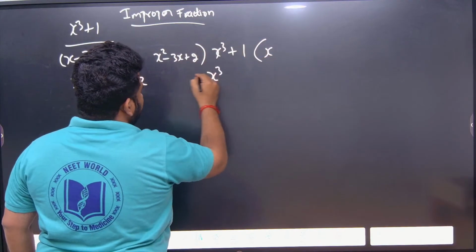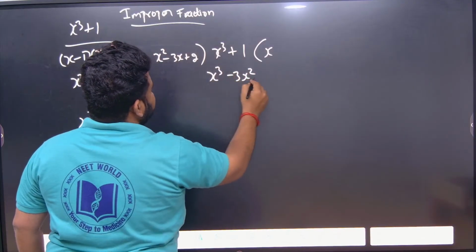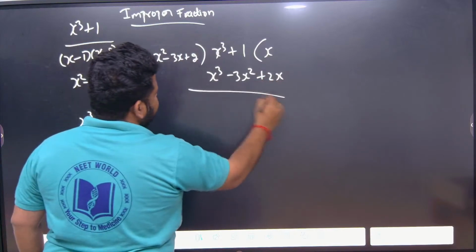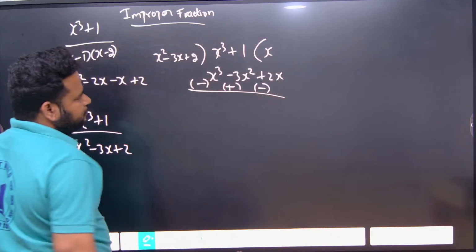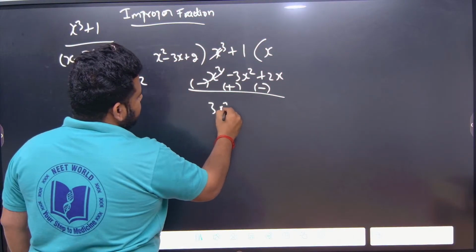x cube. Minus 3x into x is minus 3x square. Plus 2 into x is plus 2x. This is what I am having. Further I should subtract this, so opposite signs I have to put. This will get cancelled. I will have 3x square minus 2x